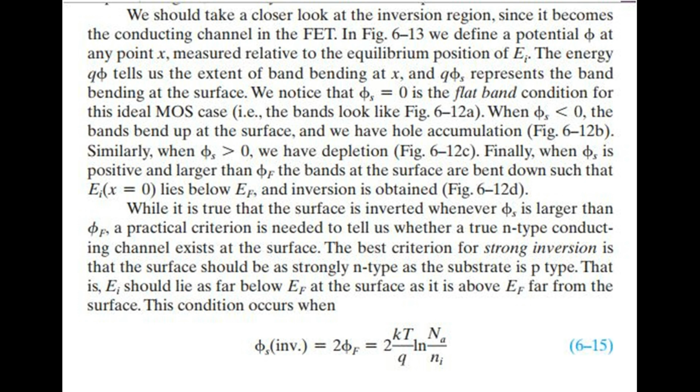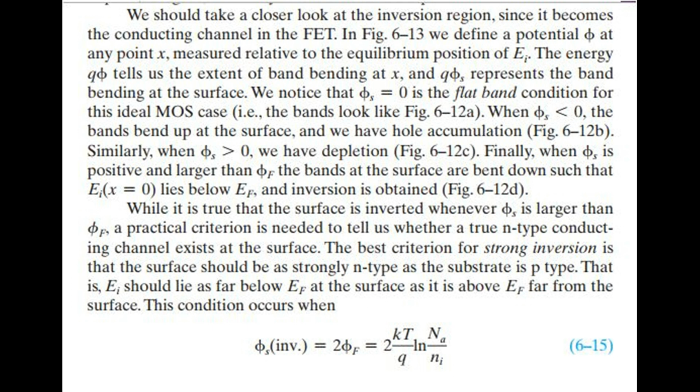While it is true that the surface is inverted whenever ψs is larger than ψF, a practical criterion is needed to tell us whether a true n-type conducting channel exists at the surface. The best criterion for strong inversion is that the surface should be as strongly n-type as the substrate is p-type. That is, Ei should lie as far below EF at the surface as it is above EF far from the